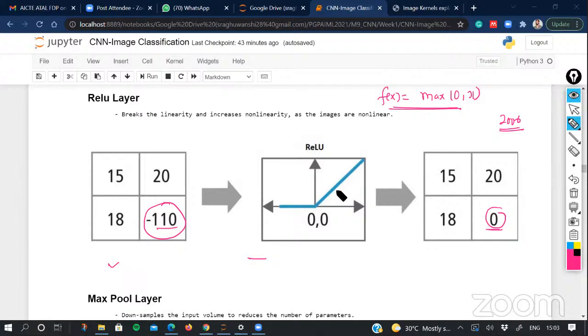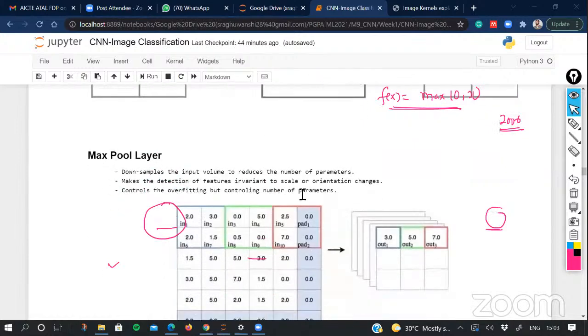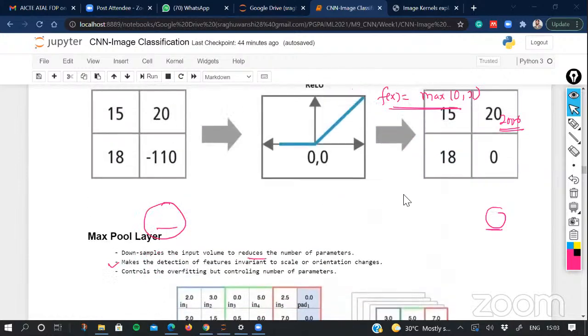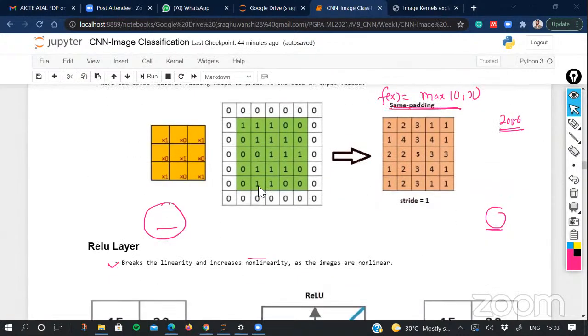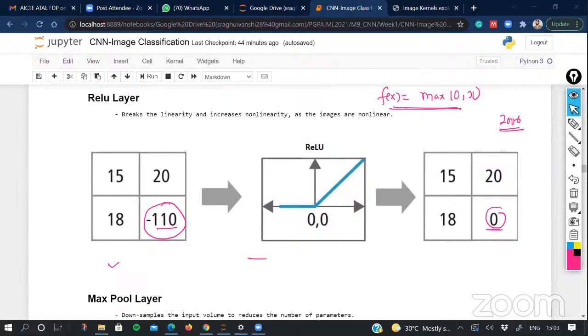After that, we use max pooling, which is basically introduced to reduce the size of your input volume. Initially, when we talk about the size of an image, it is represented in the form of a resolution, the number of rows and number of columns. And if you use high definition images, generally these numbers of rows and columns are very high. This puts a constraint on the computational complexity of the input. So to overcome this, we expect to reduce the size of this input volume.